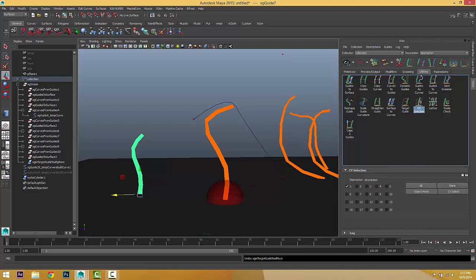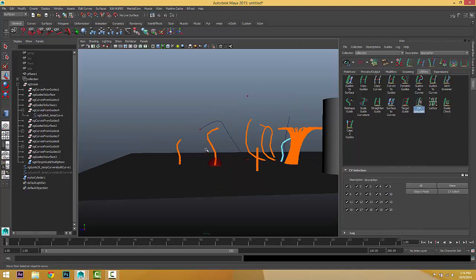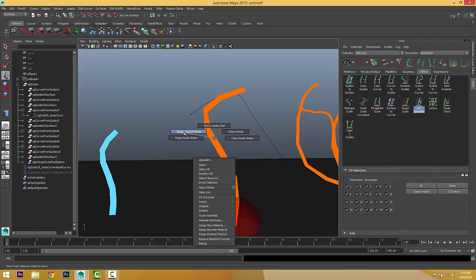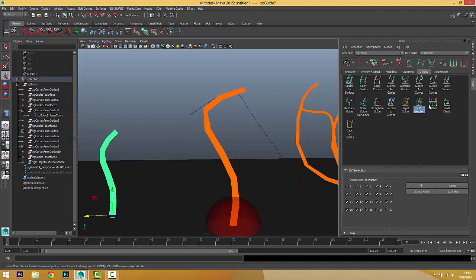With the CV selection, very simple. We just select the guide, go to select all. Now the CVs are selected, as you see. We've got 20 because one of the guides consists of 20 CVs. And we can go to the object mode. We can go to the CV mode to select the CV selection modes. It's okay, it's not that useful. I usually like to right click, go to control vertex mode, or go to the object mode. So choosing utility for that.